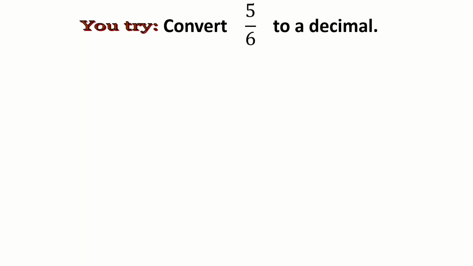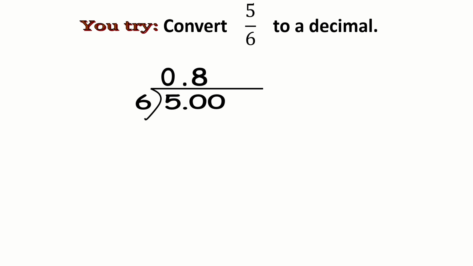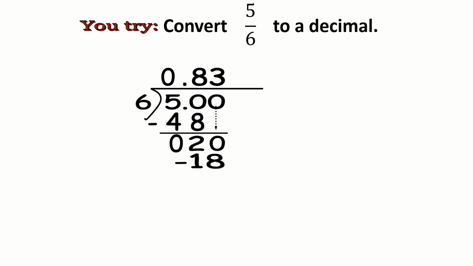Let's try another example here. 5 over 6 converted to decimal using long division. So 5 goes inside, 6 stays outside. 5 is too small, so we add the decimal and the 0. So we'll say 50 divided by 6 is 8. 8 times 6 is 48. So we subtract and get 2. 2 is too small compared to 6, so we put the 0 down. 20 divided by 6 is 3. 3 times 6 is 18. 20 minus 18,